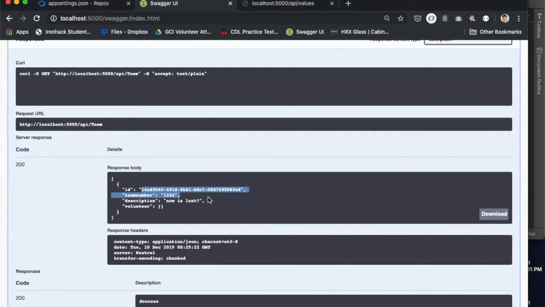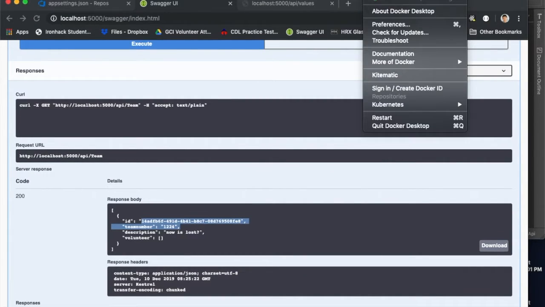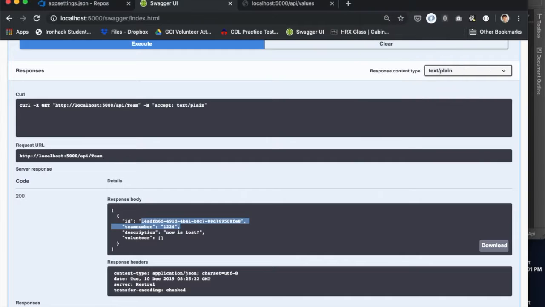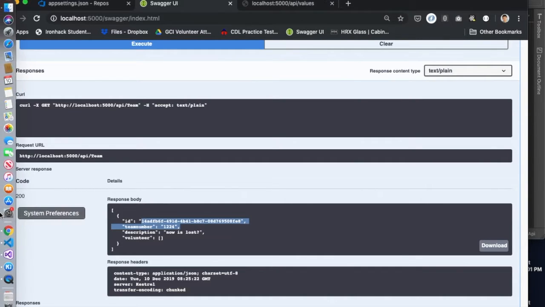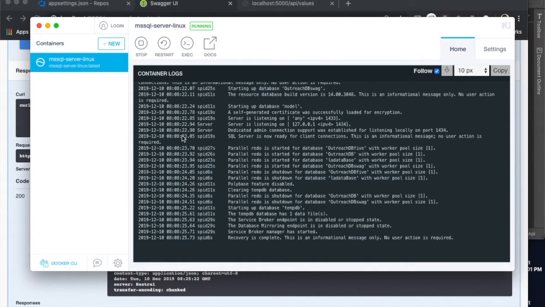But this is the web application running locally in my computer. In order to do it locally, you need to have Docker installed with a tool called Kinetic, so running a Microsoft SQL Server Linux locally,